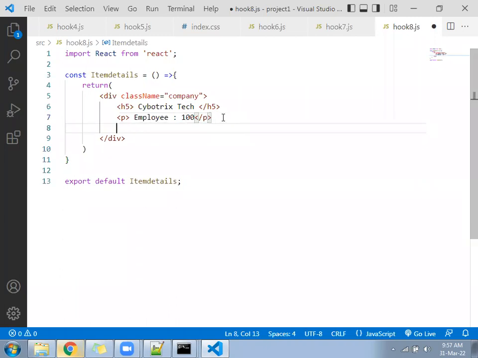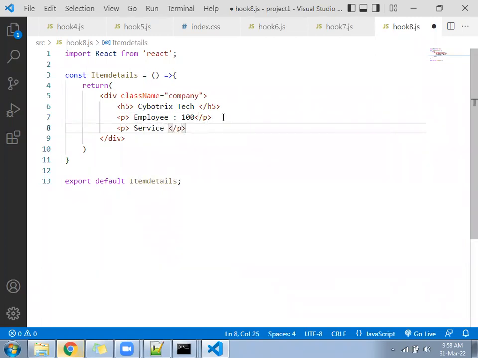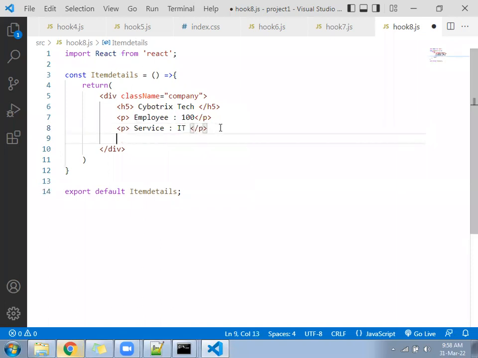Next paragraph, keep service as IP. Next, location. Location. City.